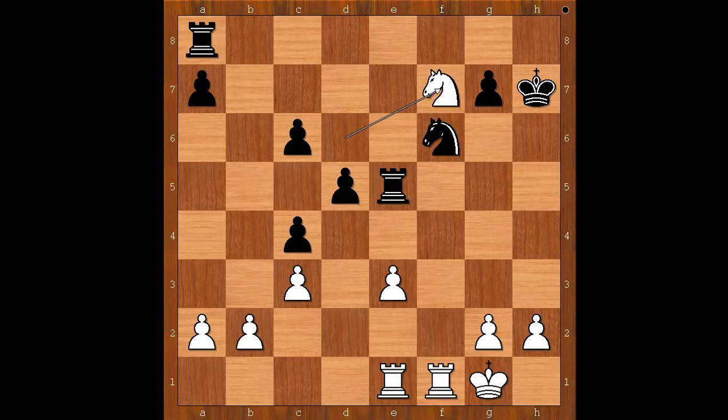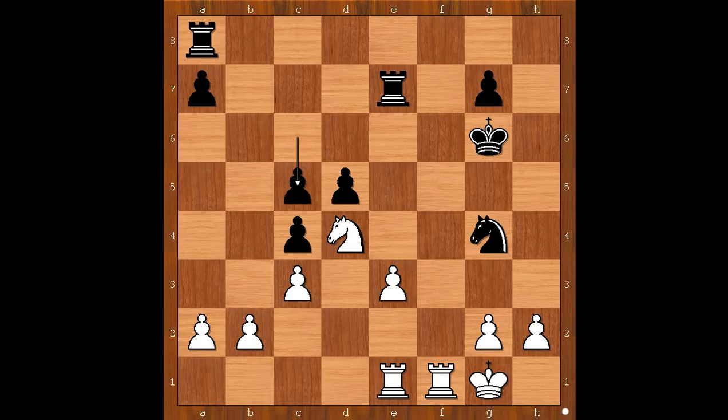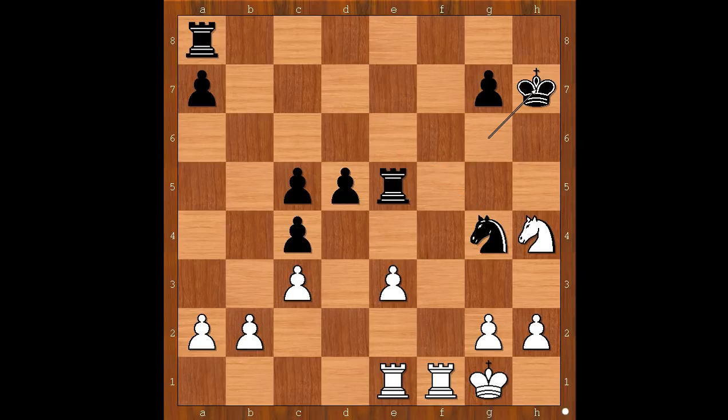Knight to f6, knight to f7 attacking the rook, rook to e7, knight to g5 check, king to g6, knight to f3, knight to g4, knight to d4. This would be a nice outpost for the knight if black didn't have this move. c5, knight to f5, rook to e5, knight to h4 check, king to h7, rook to f5, rook takes on